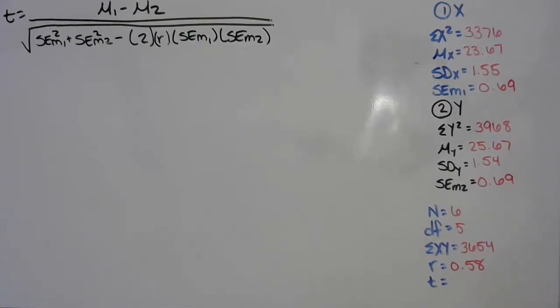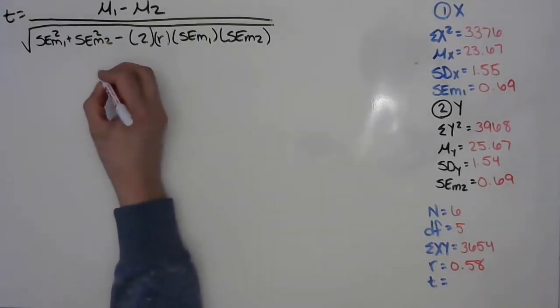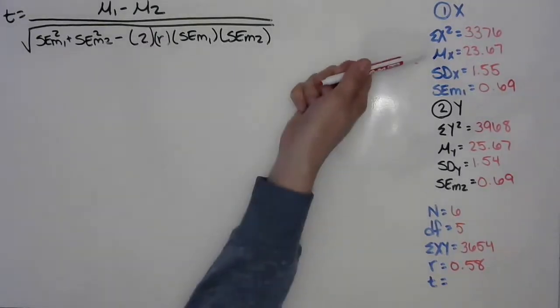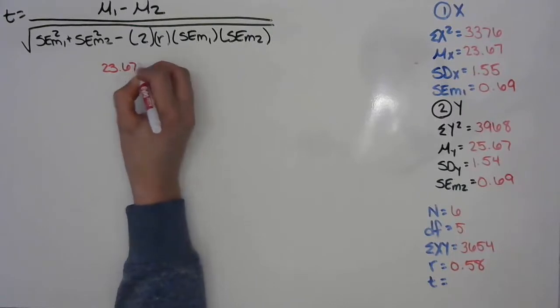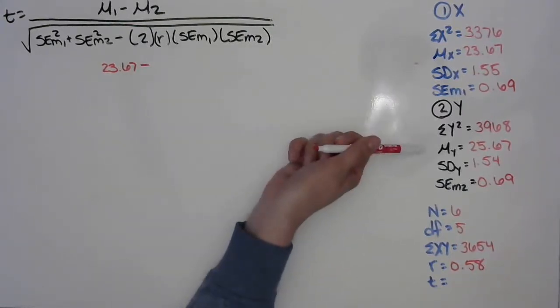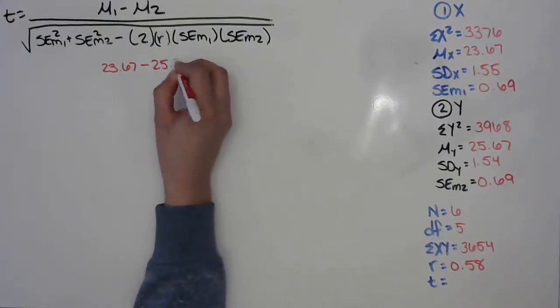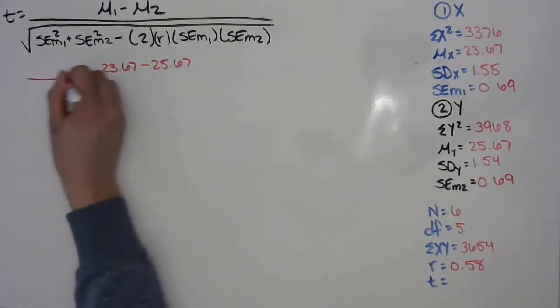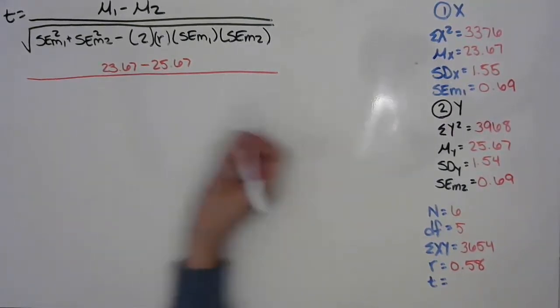Okay, so for our last calculation, let's go ahead and find our t-value. So we just have to plug our values into this formula. Our mean for group 1 is this value here of 23.67. And then we have our mean for group 2, which is 25.67. And that is going over our standard error of the mean for group 1, which is